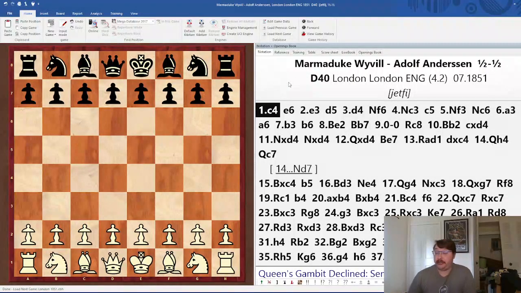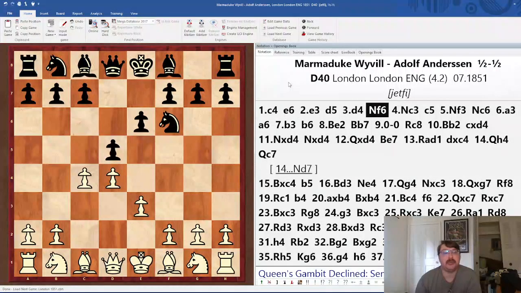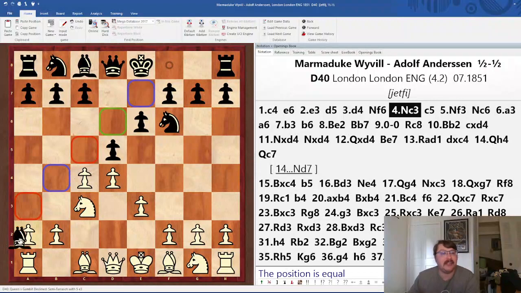So, round 2. Anderssen has showcased what he is famous for. Wyvill, with the white pieces, plays the English, and they actually transpose to a Queen's Gambit declined. C5 isn't common these days, but it's not unheard of. I think c6 is a little bit more preferable. Both bishop e7 and bishop b4 have been played. I'm pretty sure g6 has been played, and